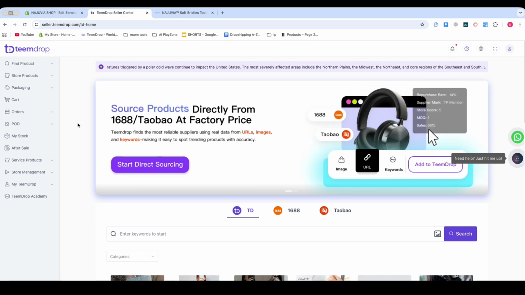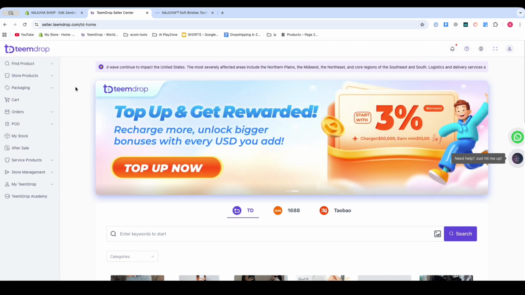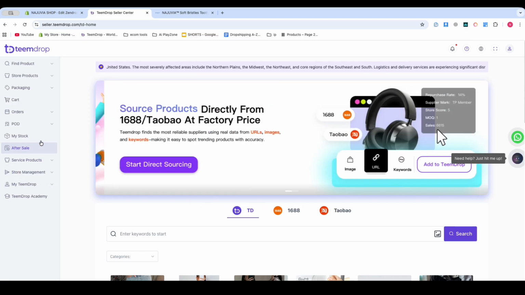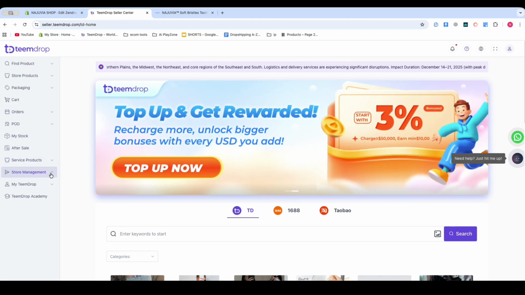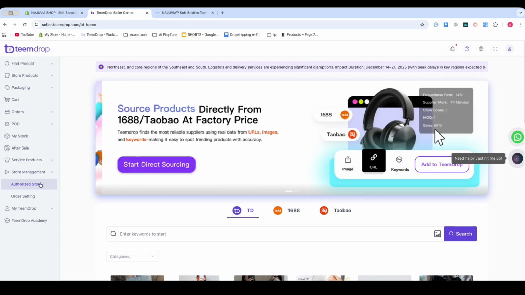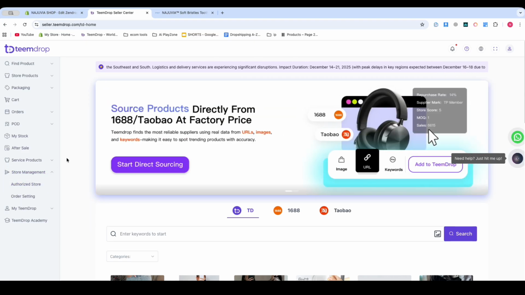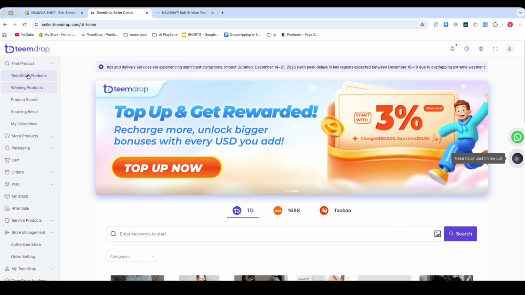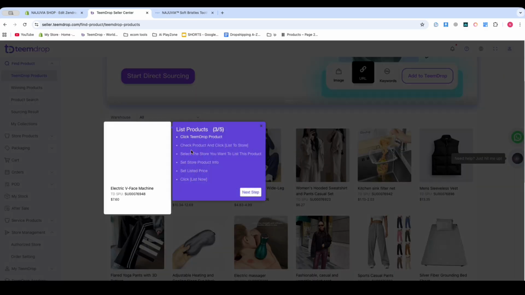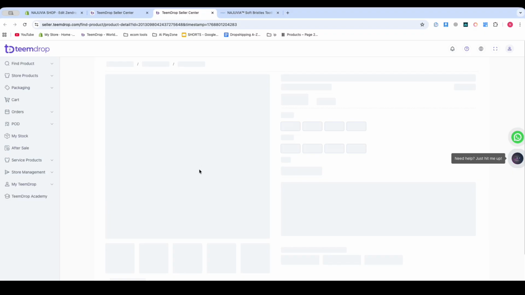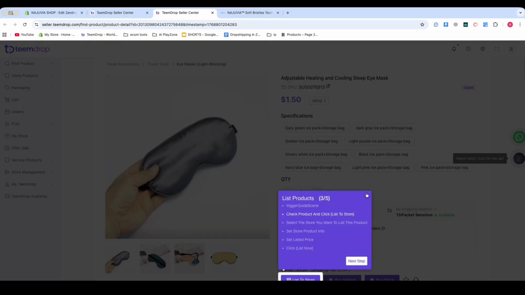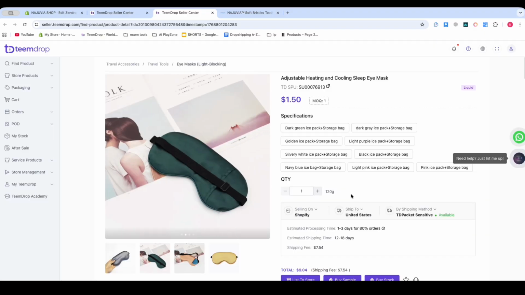I just connect my store with Teamdrop. It's quite easy. You just need to make your Shopify store first, and then in your store management authorize the store, then you can link your store. And when you add a product from there, for example, if you want to add this product, that's why I told you in my last video,